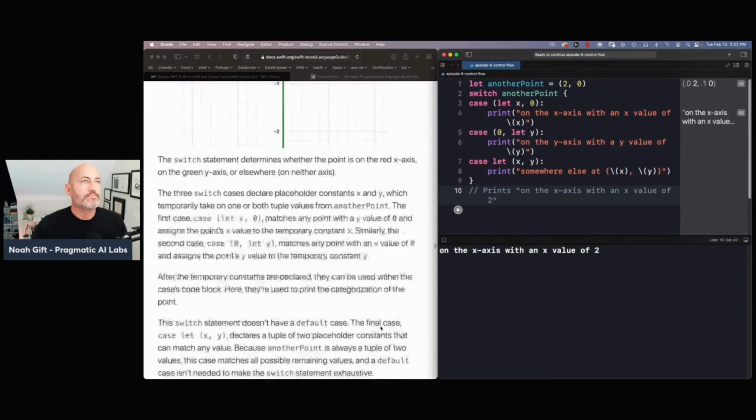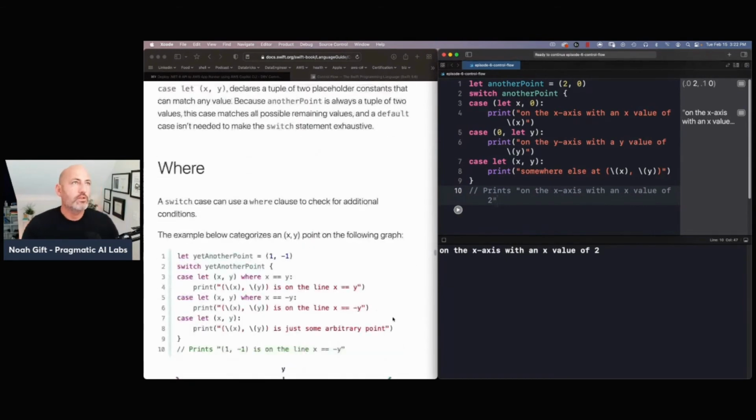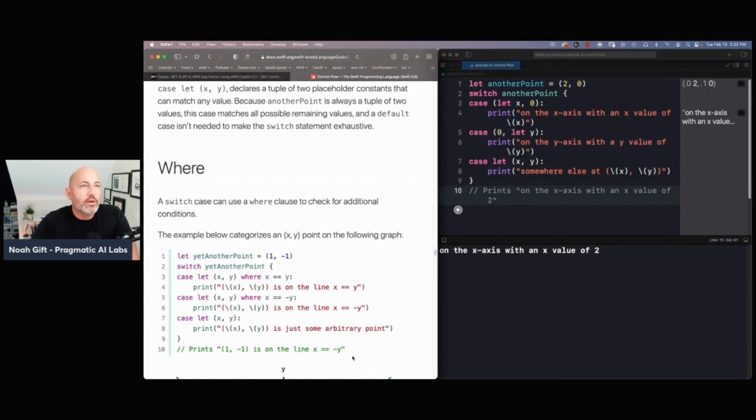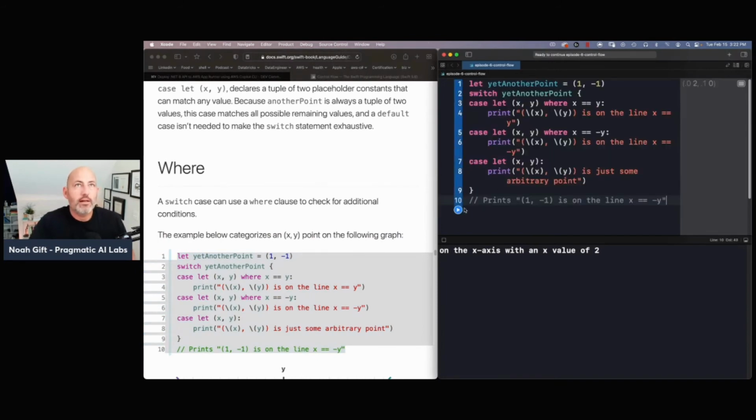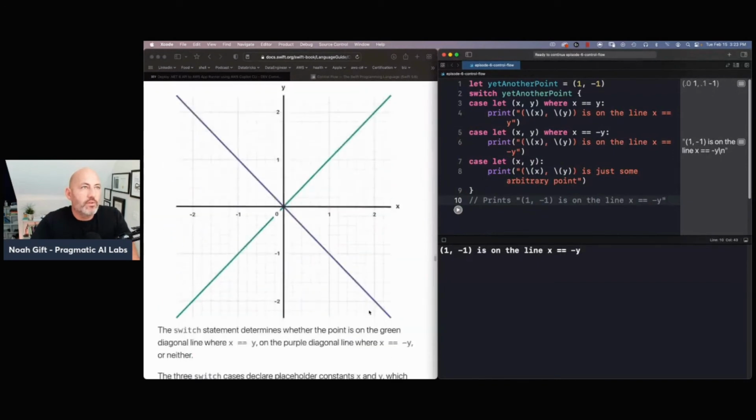There we go. Now we can also do a where clause. A switch can also use a where clause to check for additional conditions. So in this case, we would say let another point switch yet another point, and then we'd say where x is equal to y, right? So that's kind of neat, is that you can actually use a little bit of SQL type style flavor to these,